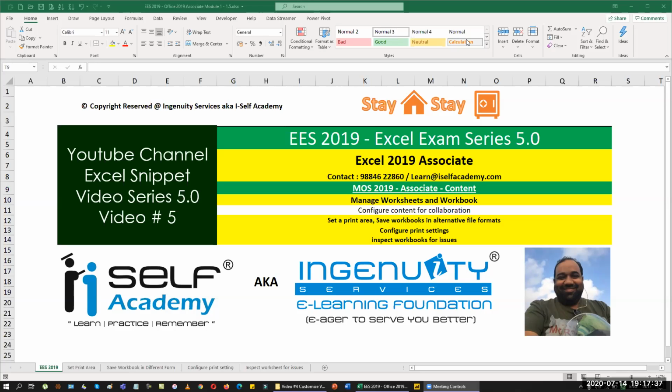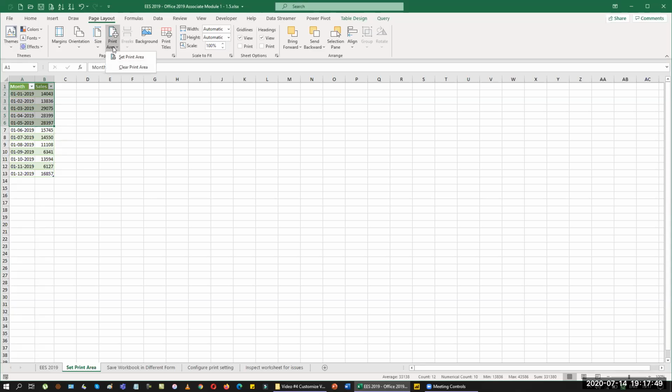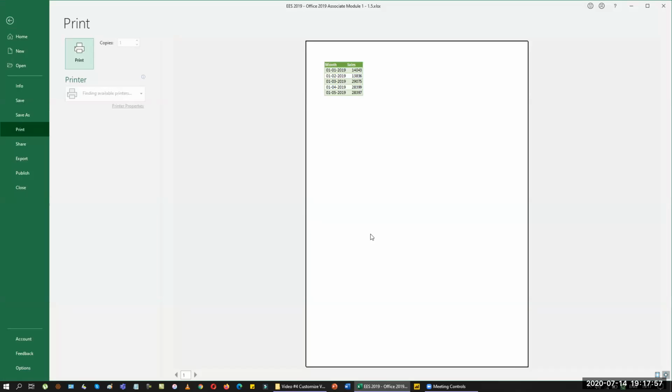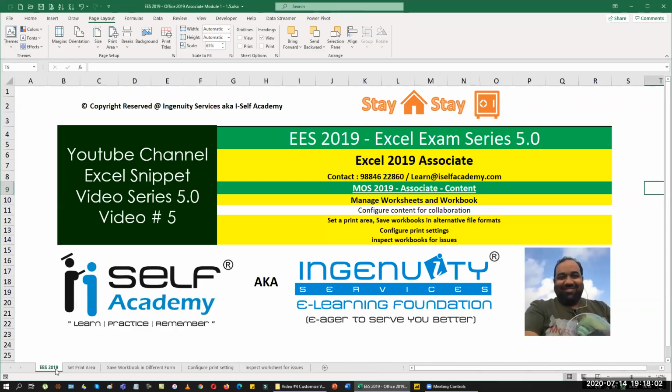When I want to talk about setting the print area, I can set a print area. For example, I have 12 lines here and I want only 5 of them to come into play. So I can select this, go back to my page layout, and then set the print area here, so that when I go for the printout right now, it shows only the first 5 line items of my list. Generally we don't check them when we are working in our examination. We'll set the print area and then move to the next item.